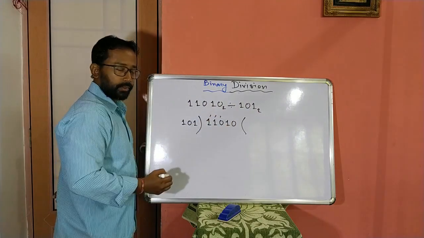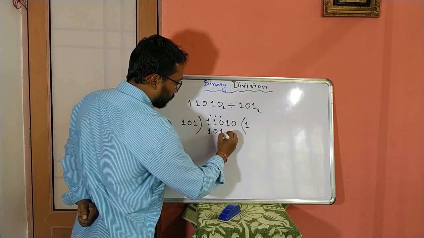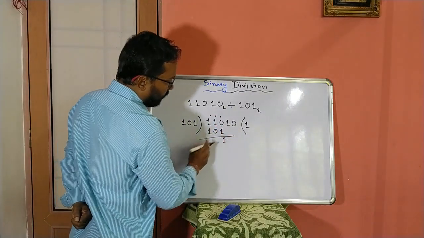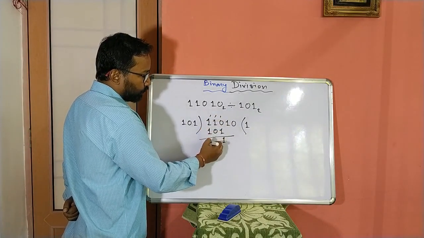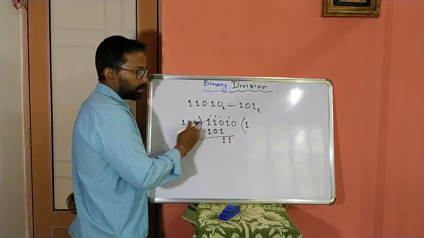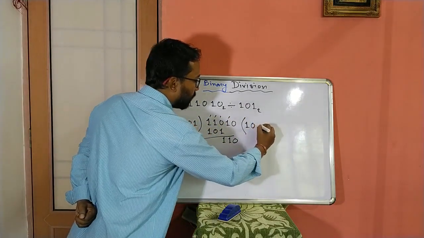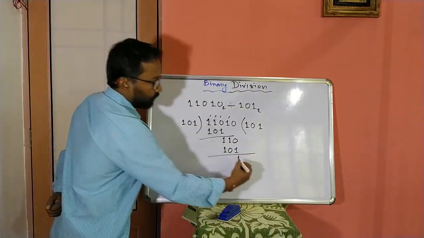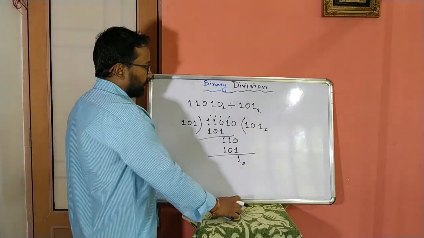So 3 bits are going here, 1 0 1 1 0. Subtraction, that also we know, 0 minus 1 is 1, and for that 0 minus 1, this 1 becomes 0, so 0 minus 0 is 0, 1 minus 1 is 0. So no need to write that. So taking this one, still this number is smaller than this, we have to take another 0. For that, here we have to put 0. Then here 1 0 1 0 1, and here, so this is the remainder and this is quotient. Understand? Let's take another example.